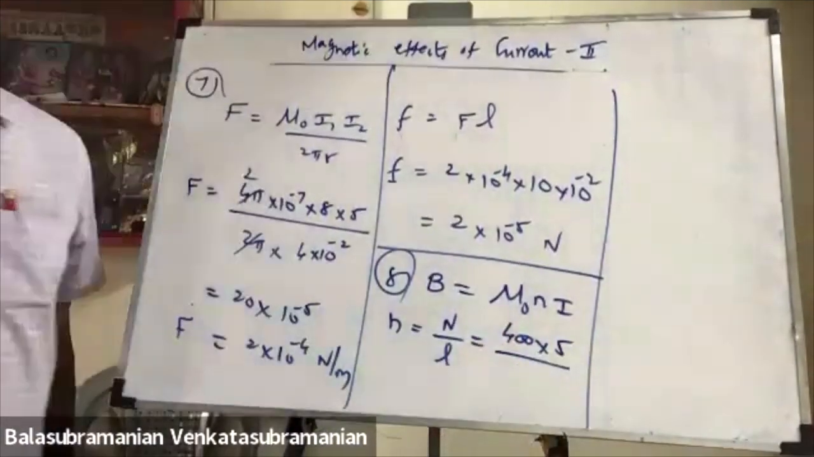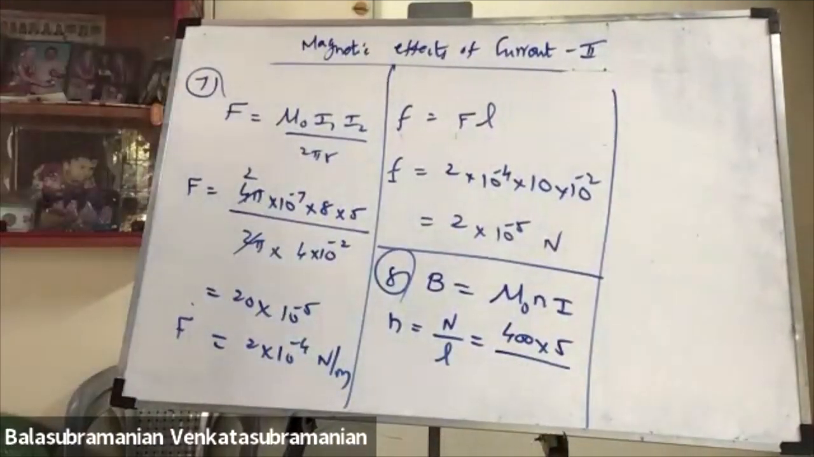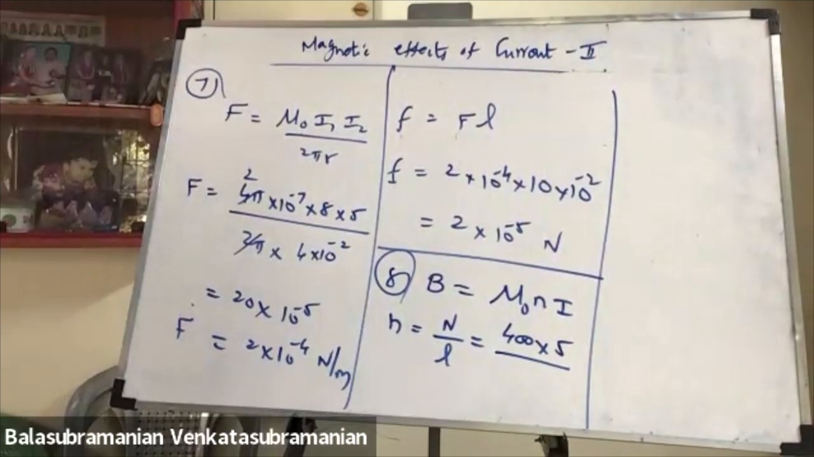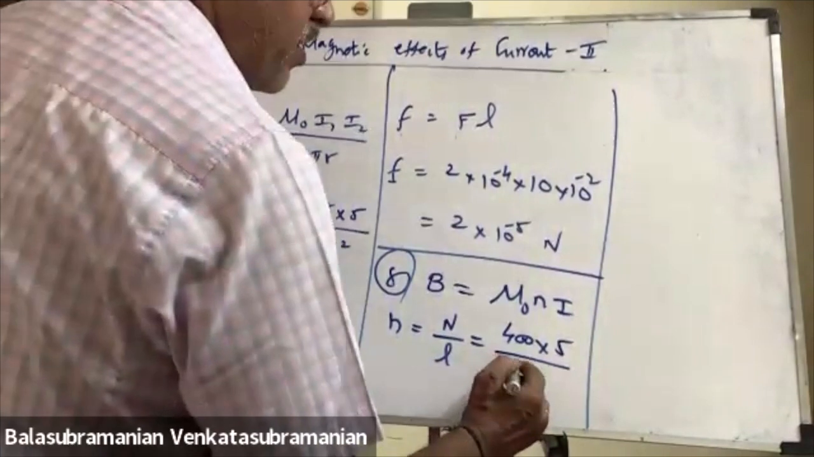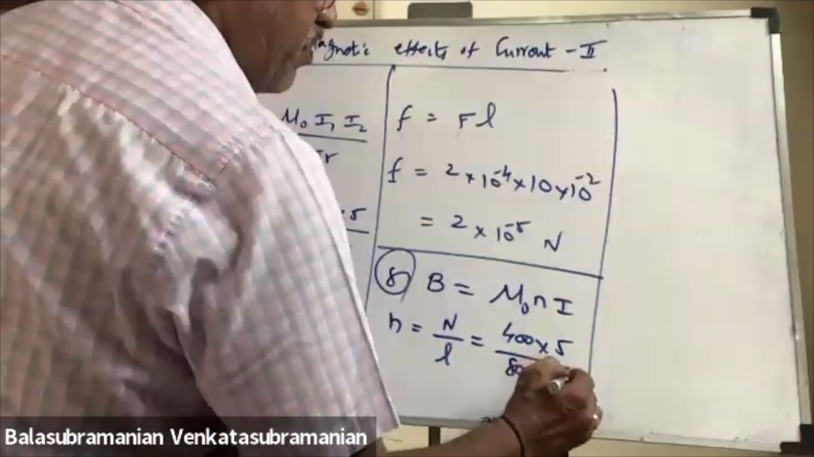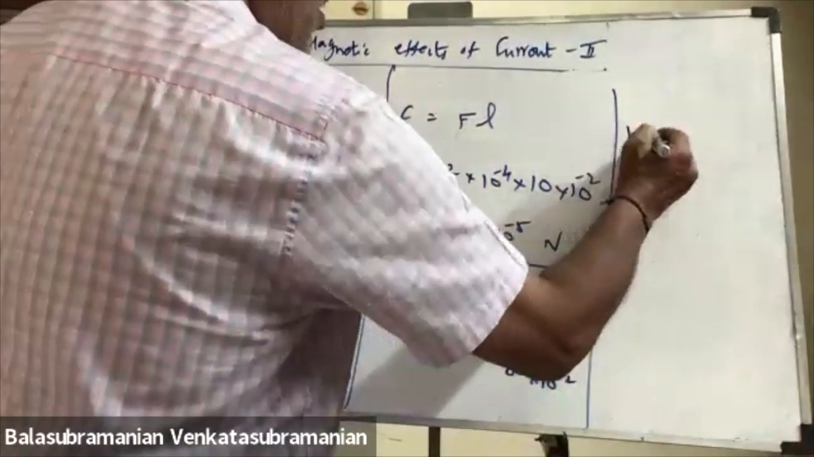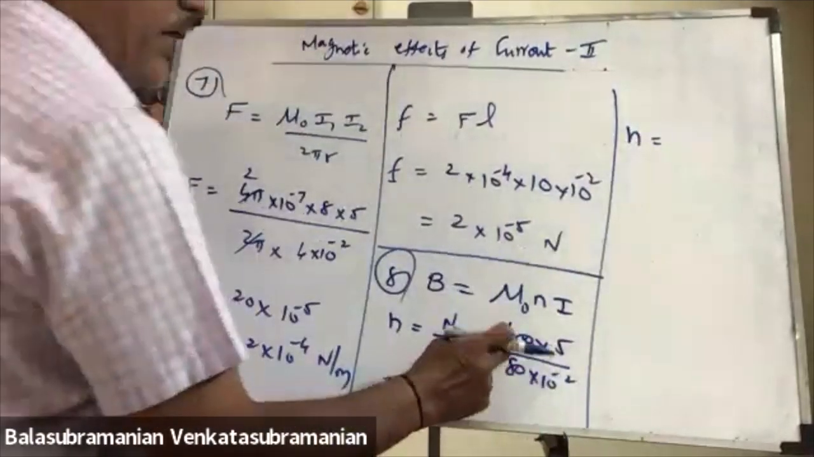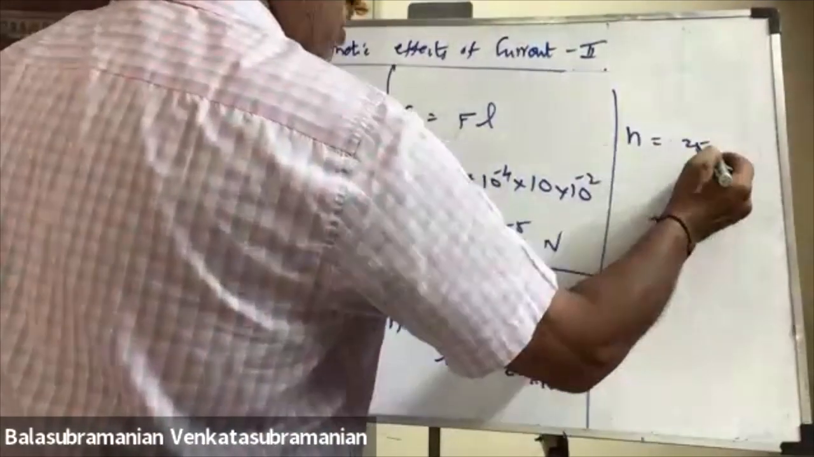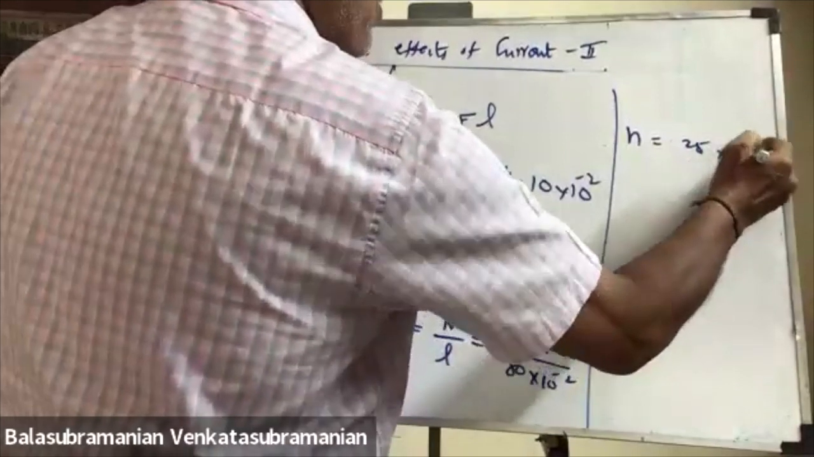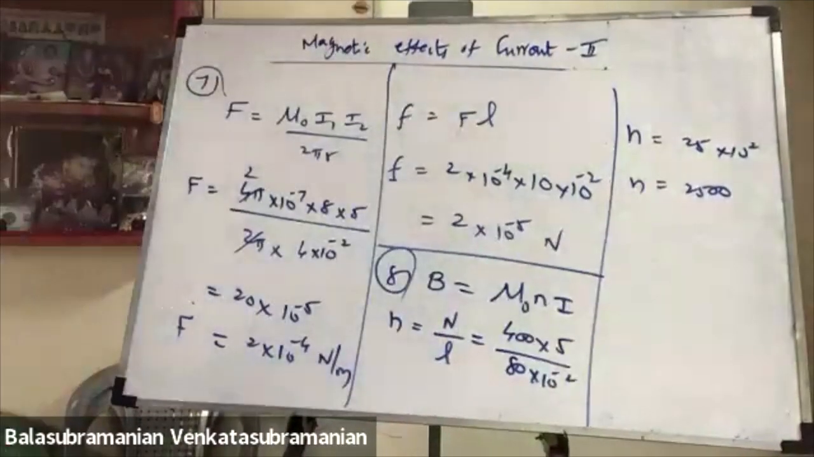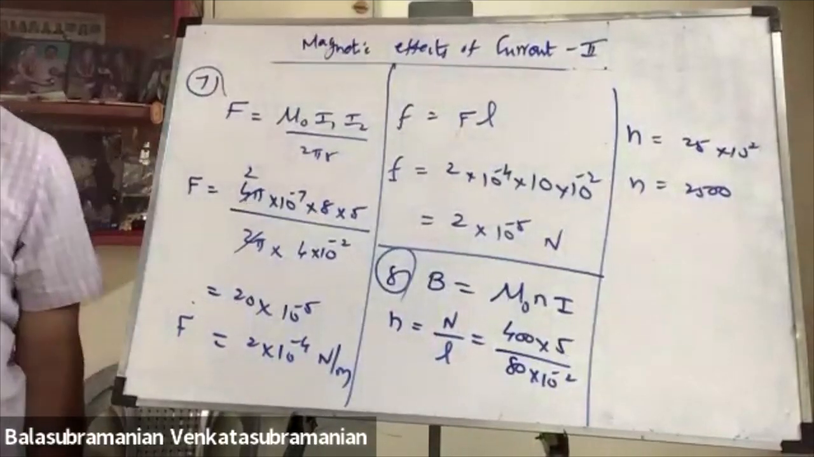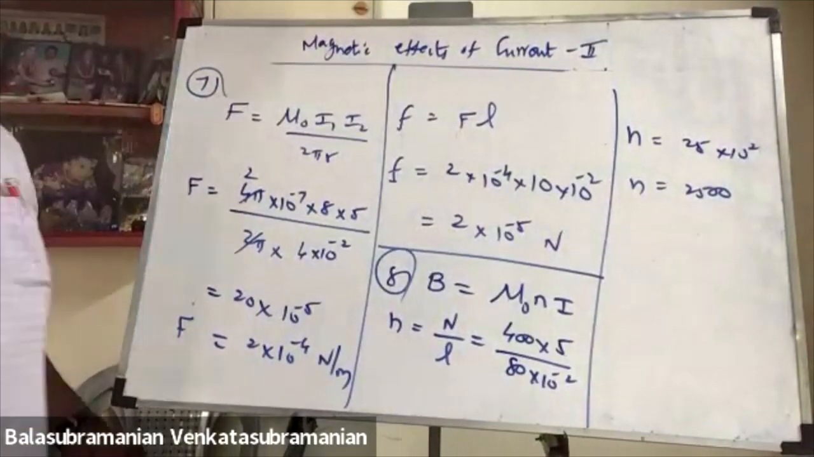Divided by the length of the solenoid. What is the length? 80 centimeter, so 0.8 meter, 80 into 10 power minus 2. So small n is equal to 5 times, so 25 into 10 power 2. 2500 turns per unit length of the wire. Therefore, B will be